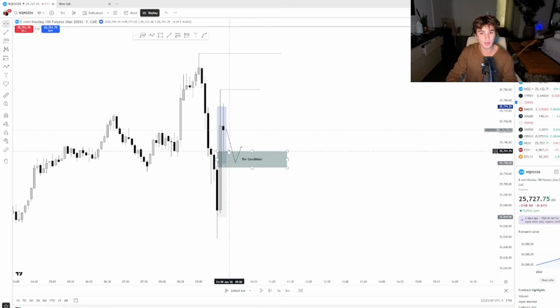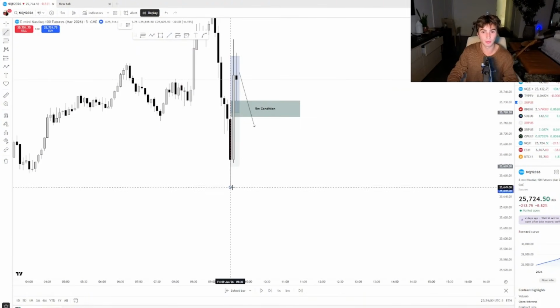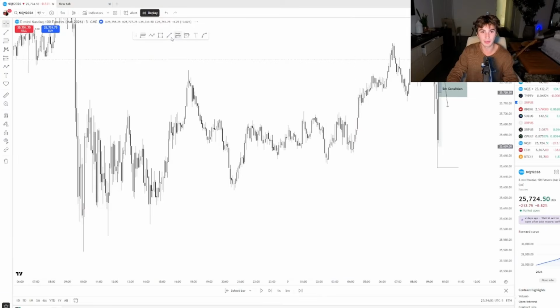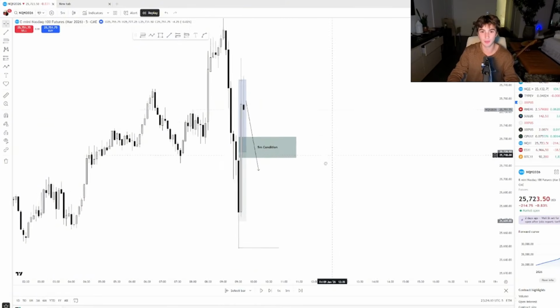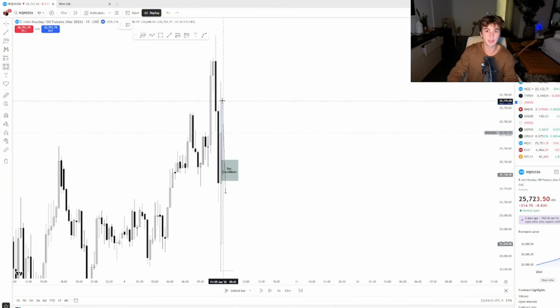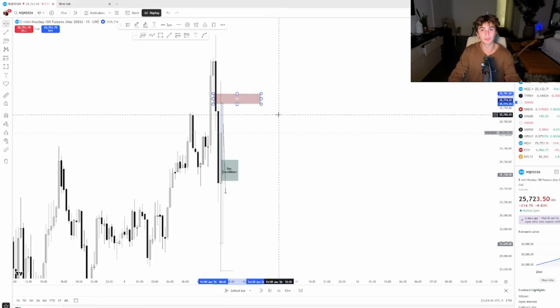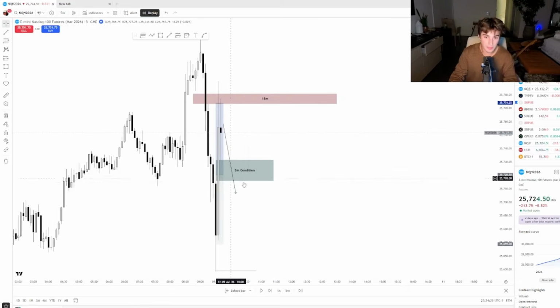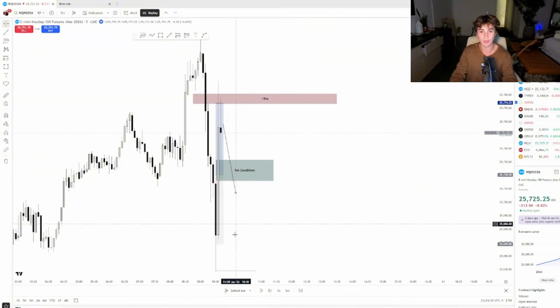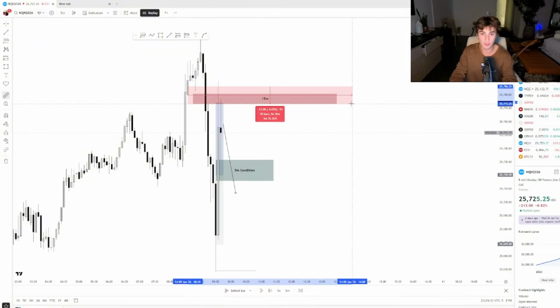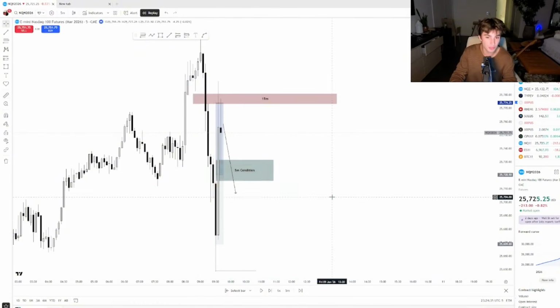So we can either take longs if confirmed off of this 5 or 15 minute gap, or if we inverse this 5 minute gap, we are no longer focusing above and we are now back to focusing below, where we have this low and we have this LR previously. So then we can look lower if this 5 minute gap gets inversed. And what would that trade idea look like there? Well, we're bouncing off a bearish 15 minute gap and we would be inversing this 5 minute gap. But this 5 minute gap is going to be what confirms whether or not we are going to go lower, because we're respecting bearish here and we want to see bullish get disrespected.